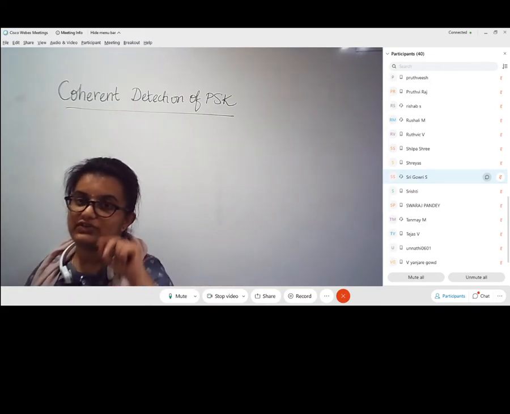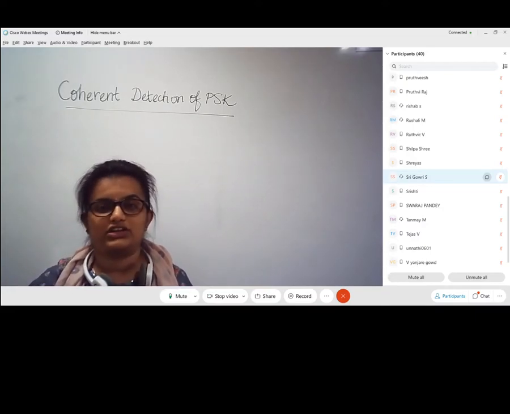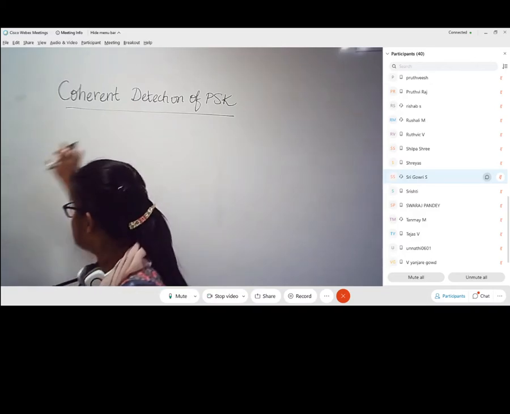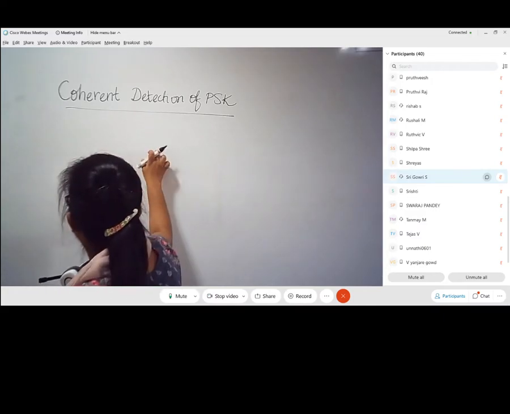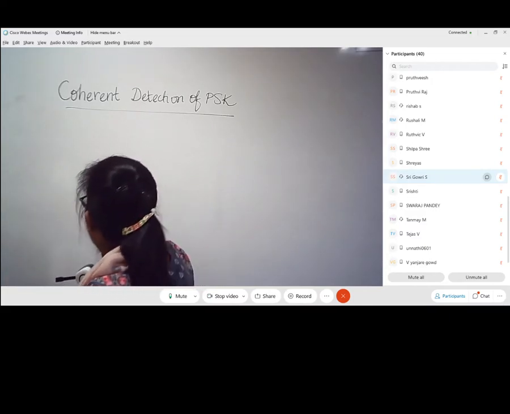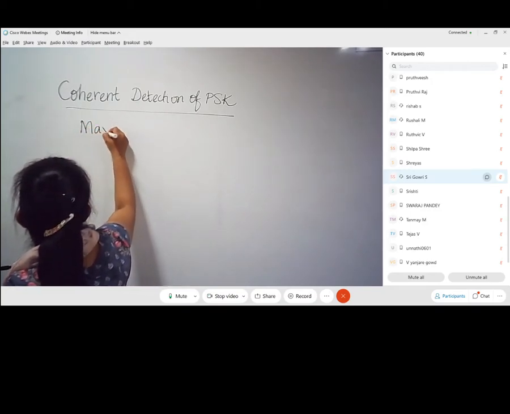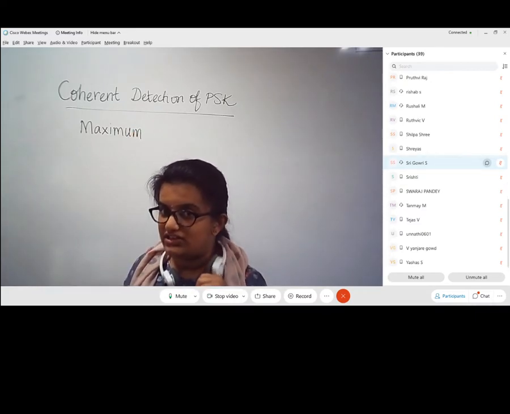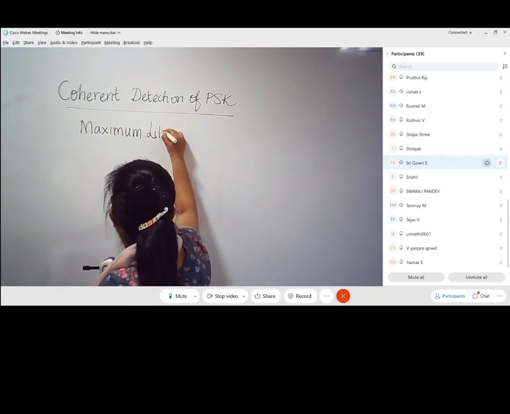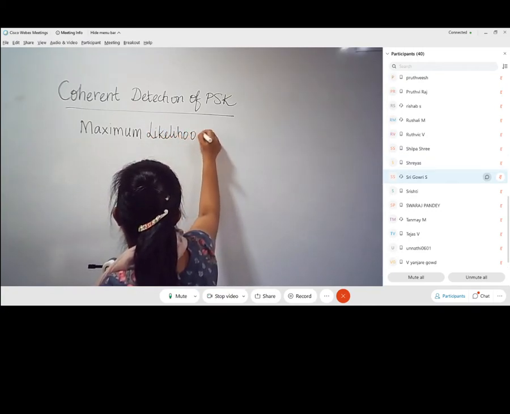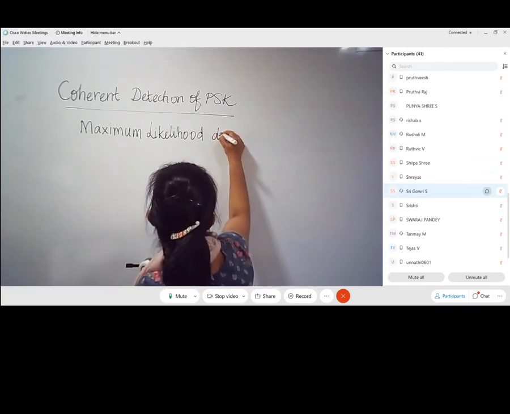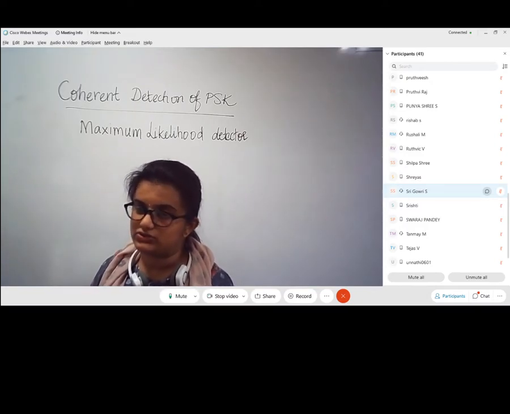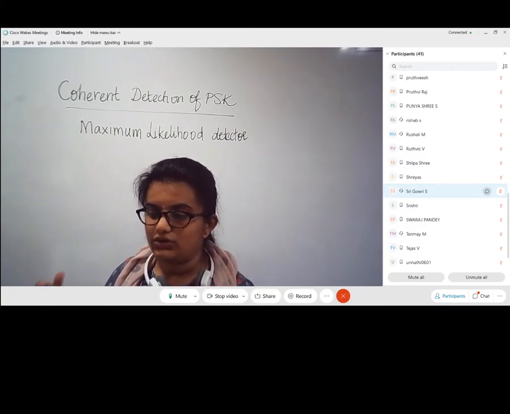We cannot predict that. So if there are any errors happening over there, we need to take care of that, so that the mapping should happen precisely. Such a receiver, such a correlator structure which compares two symbols, we call such a detector maximum likelihood. So what we are trying to do is compare Z with respect to the threshold. Therefore, this is called maximum likelihood. So we are checking what is the probability or likelihood that the received detection point Z belongs to symbol S1 or S2. So this is decided by the maximum likelihood detector.